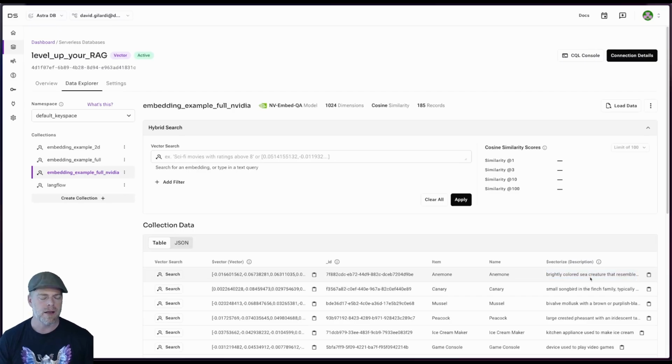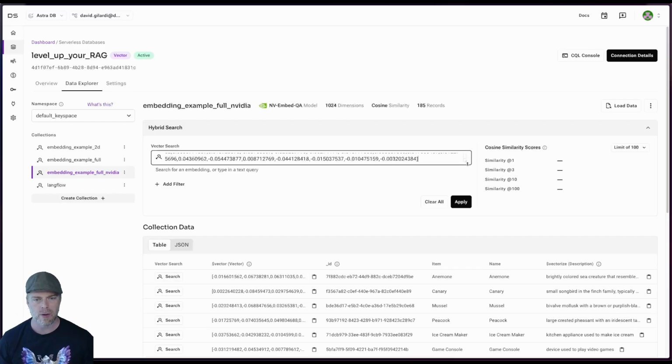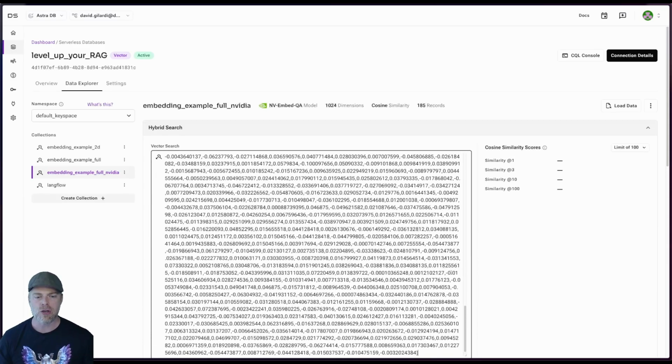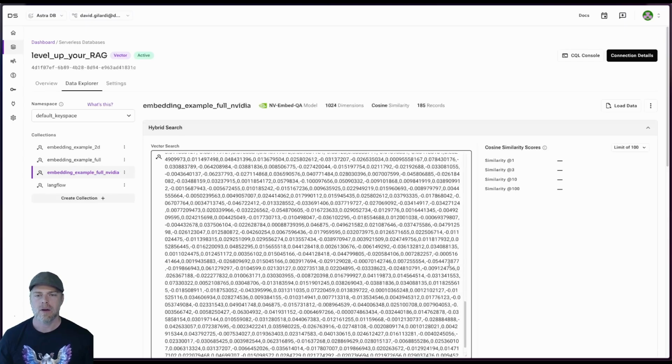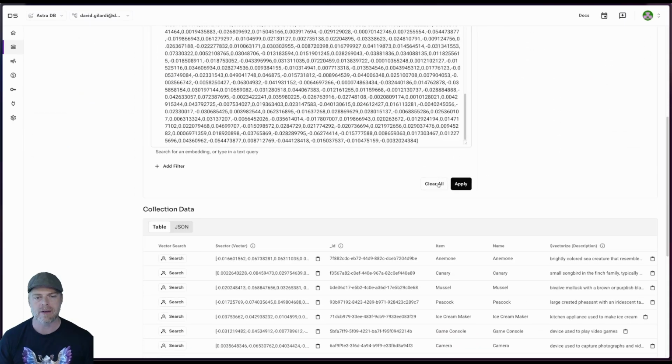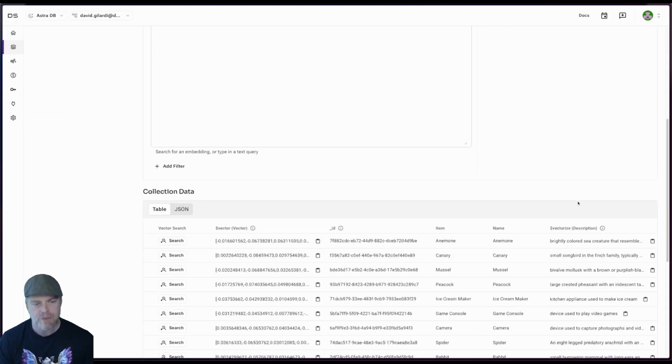So what I've done is I have taken the description in every one of these cases, and I have vectorized that information, or put it through a text embedding model to generate these huge arrays, right? As a matter of fact, if we take an example of one of these arrays, just to show this off real quick, they're absolutely huge. These are huge arrays that are representing the information that we have there